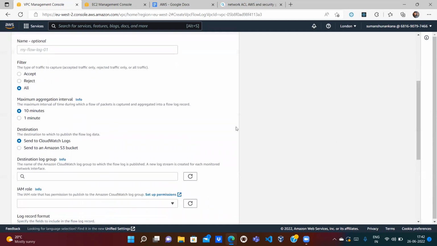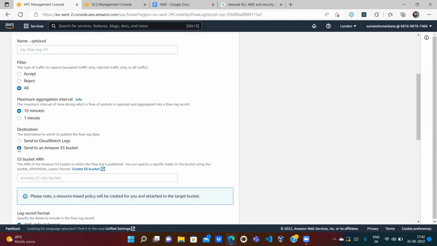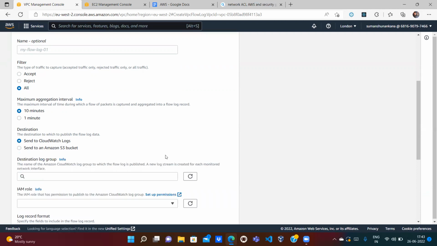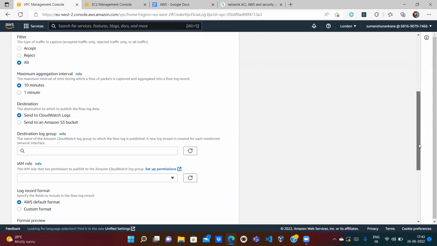Along with that, whatever logs it creates, where will these logs get created, whether in the S3 bucket or within CloudWatch logs? If we choose CloudWatch logs, we have to select the log group, right? And if it is the S3 bucket, then we have to select the S3 bucket. And then the log